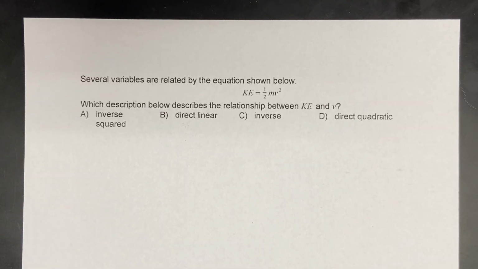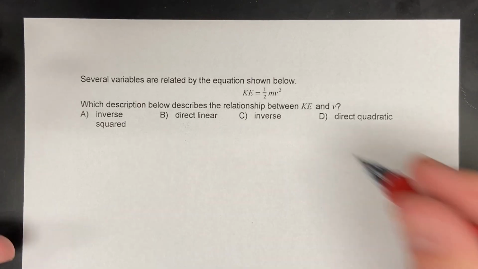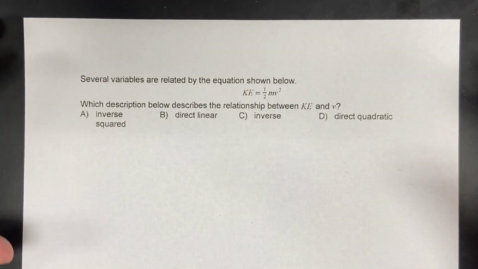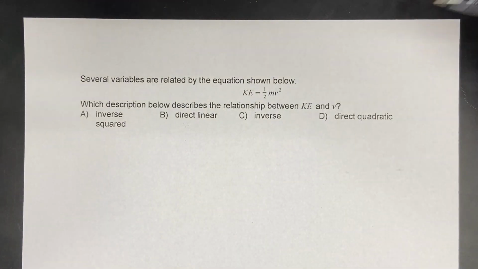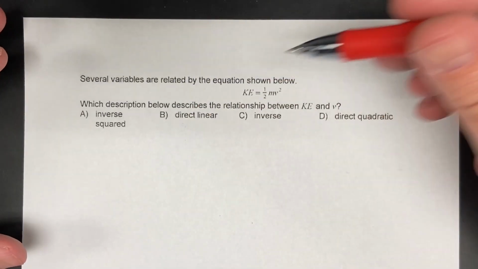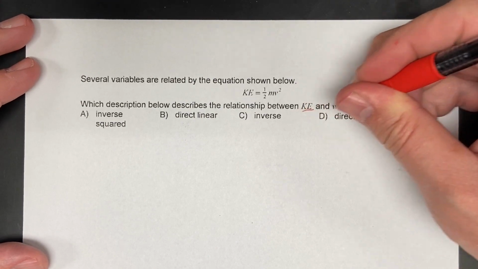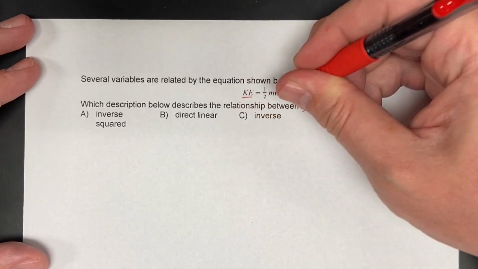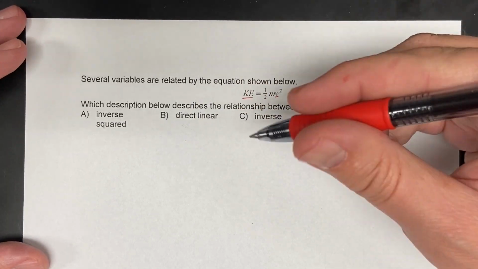Welcome to some quick pointers on quickly establishing the relationships between variables, being able to work this stuff out just by looking at the equations. So we have some sample questions here that match up with the mile marker. The first one has to do with judging whether our relationship between KE and V in our equation is direct or inverse,